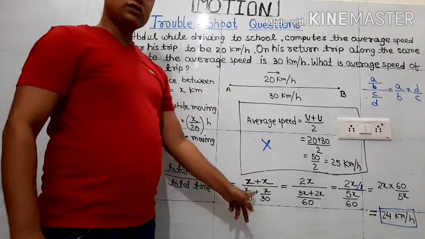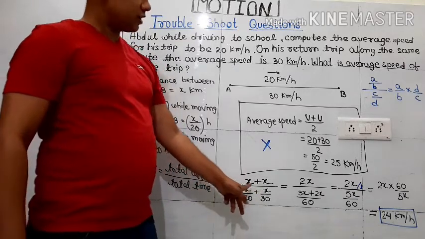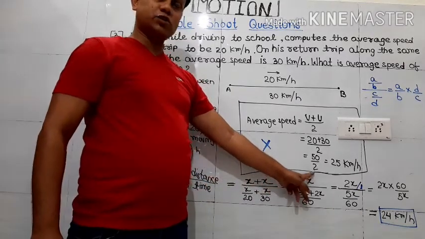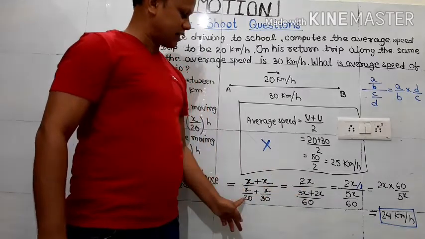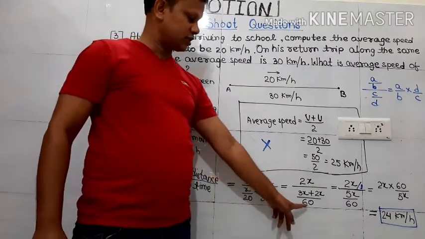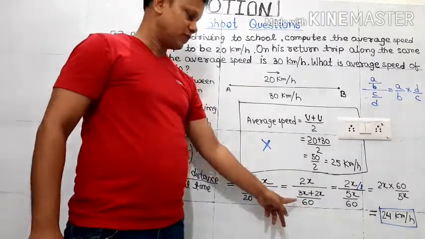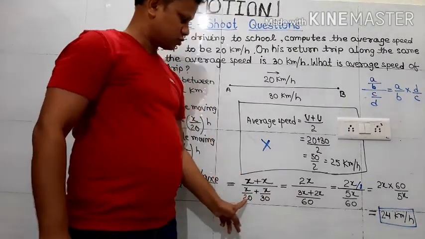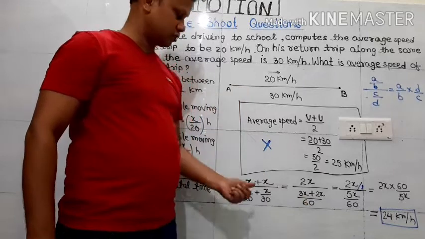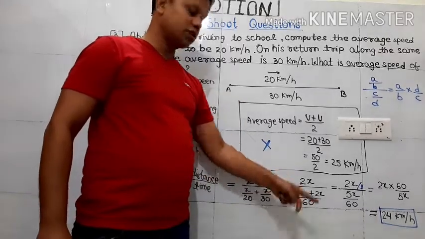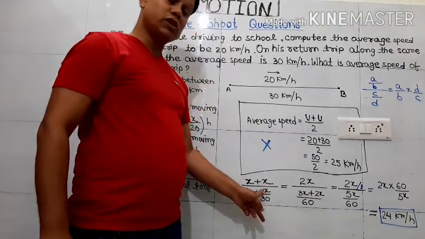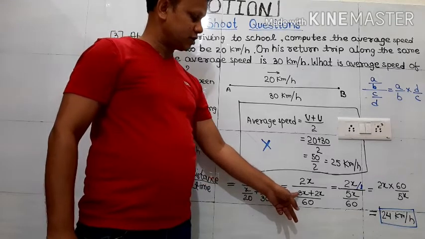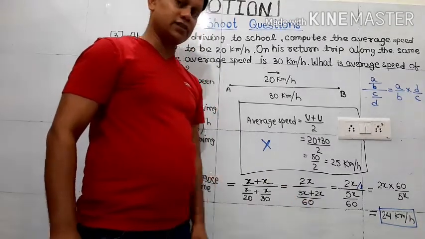So now it's the time for mathematical calculation. x plus x will give 2x, that is the total distance 2x. And then while solving 20 and 30, the denominator will be 60 as per the LCM rule. And then what will we get in the numerator of this part? 20 in 60 comes 3 times, so 3x, 30 in 60 comes 2 times, so this numerator will become 2x. So finally it has merged as 3x plus 2x by 60.